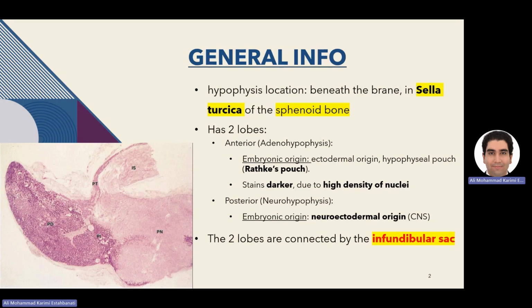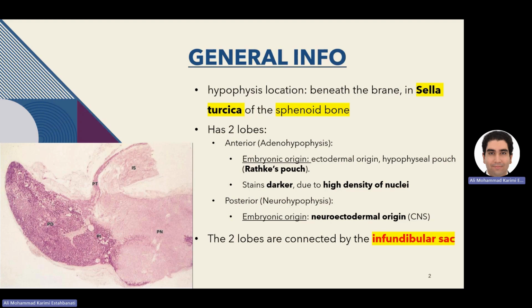Now, the pituitary gland, basically its location is at the sella turcica of the sphenoid bone, and it has two lobes. It has the anterior lobe and the posterior lobe. Another name for the anterior lobe is the adenohypophysis, and for the posterior lobe, the neurohypophysis, and their embryonic origin is different. For the anterior pituitary gland, we have the ectodermal origin, otherwise known as Rathke's pouch,